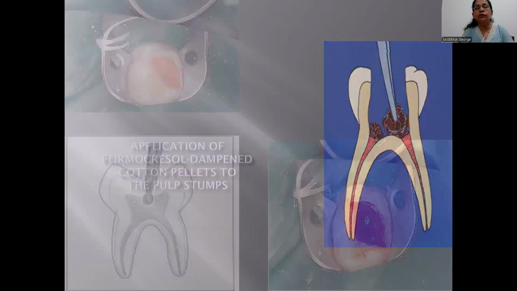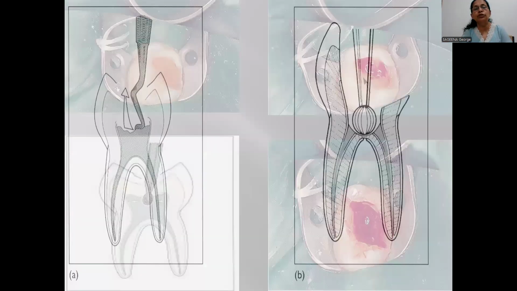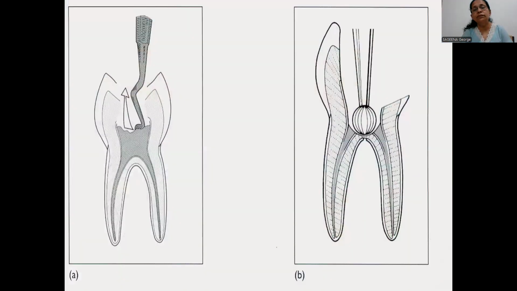And then formocresol is applied. A cotton pellet is dampened with formocresol, then attached to absorbent gauze to remove the excess, and placed over the pulp stump for 4 to 5 minutes. After that, the cotton pellet containing formocresol is removed,